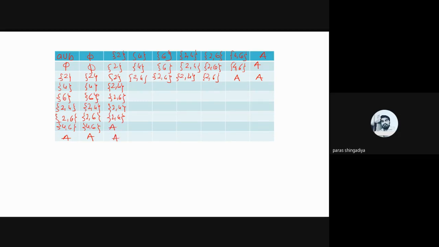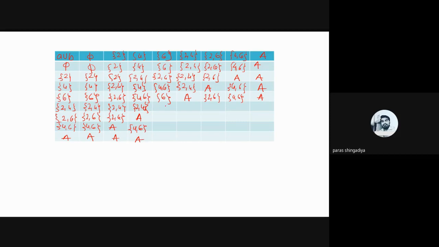Clear? Now change the number, that is 4, and the union of 4 with 4 will be 4, the union of 4 with 6 will be 6, 4 6, that is 2 4, that is 2 4 6. Okay, so you can use capital A here, and after 4 6 it is also capital A. Clear? And it is easy, I think. There are no difficulties in finding the union. And write down this data here, 4 6, and after 2 4, that is 4 6 and capital A. Okay, and now 6 with 6 gives 6, that is capital A. 2 4 6, that is 2 6, that is 4 6 and capital A.